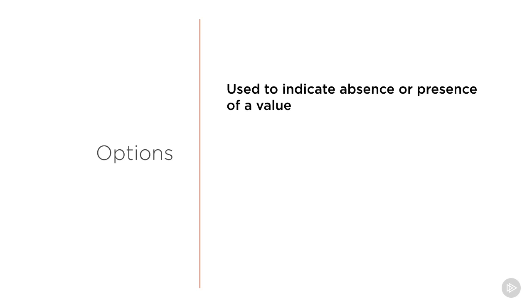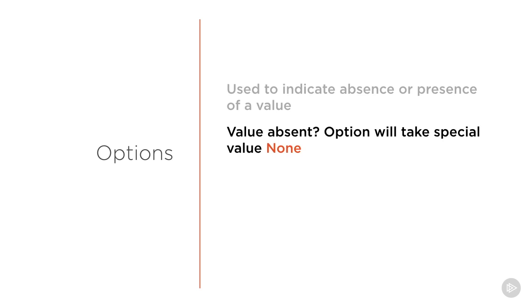Options are Scala containers that can be used to test for the presence or the absence of a value. Options are containers, not technically collections. They offer a type safe alternative to specifying the null value in Java. The usual way in which an option is used by a function is to return the special value None if